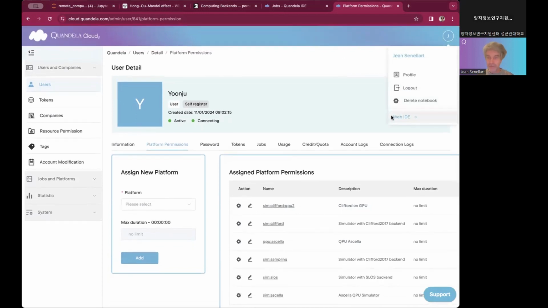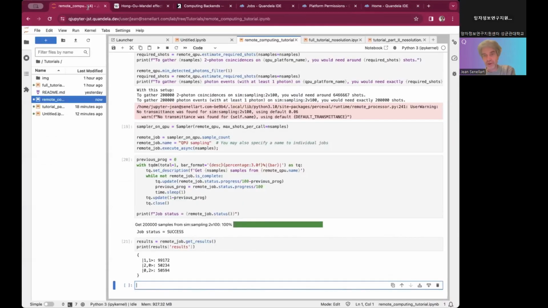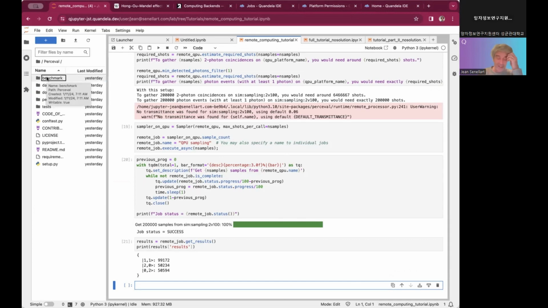So I changed the schedule a bit because of the time it took to make the first notebook. The plan is now we have the next session in 3 weeks, and we'll just implement algorithms and run them on the GPU. If you want to experiment in between, you have access to the notebooks. You can go to Perceval that is normally in your repository. If it's not, then you need to git clone it from GitHub.